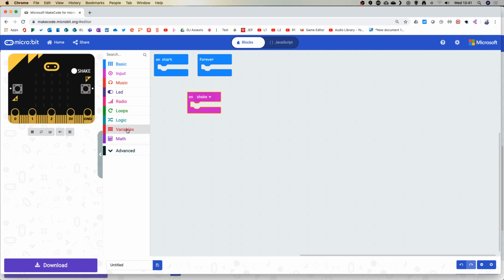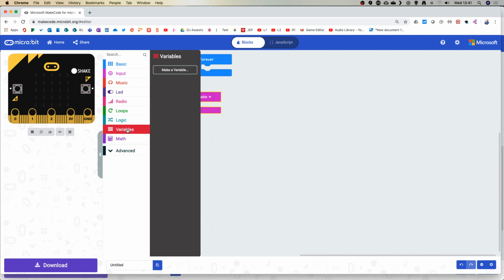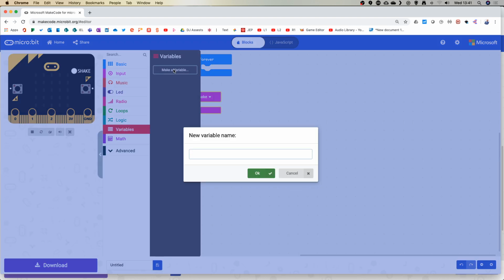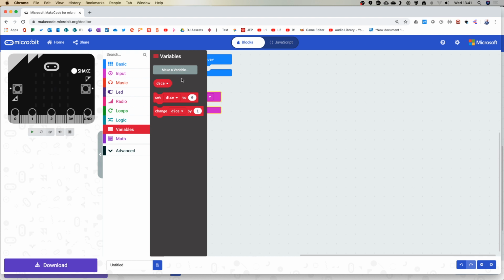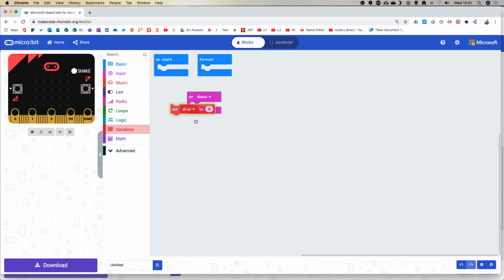We're going to run a similar idea from the dice game from yesterday. We're going to click variable, and the dice game we're going to make today, just dice, there you go. And this time we're going to set the dice. So this variable, if you weren't here yesterday, is just something that changes. Each time we roll the dice, it's going to change the number, depending on if we have a six-sided dice or above. So I'm going to drag that in, and we're going to say set dice to,